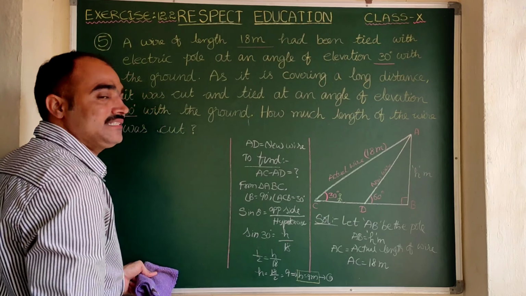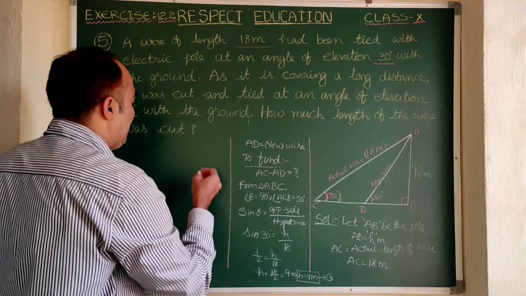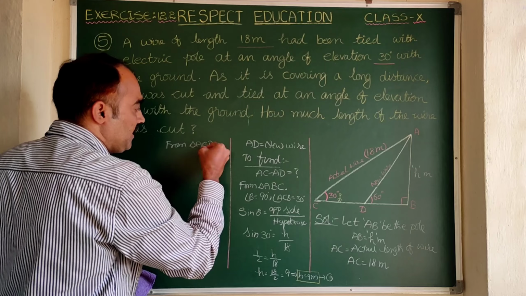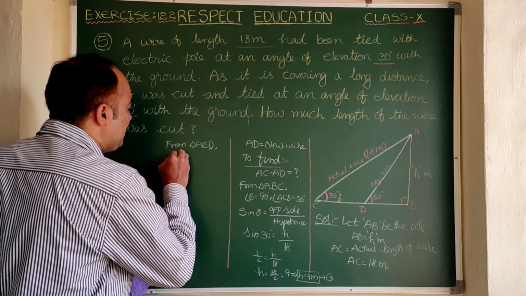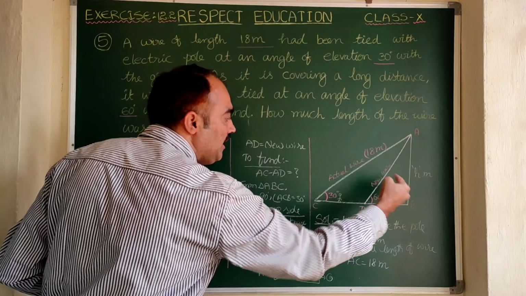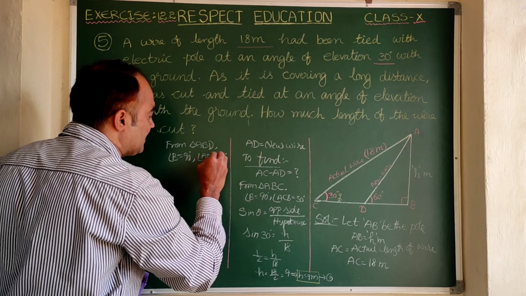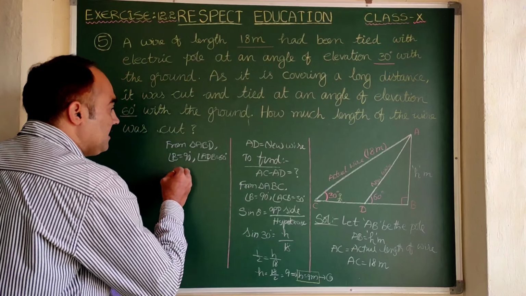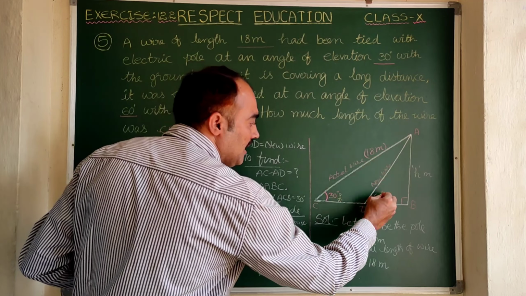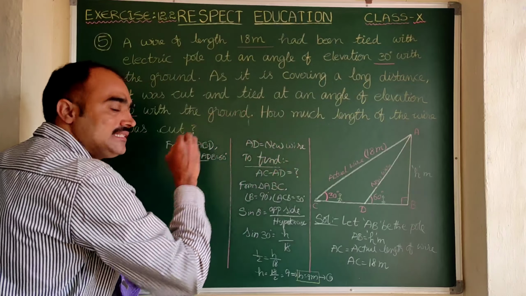Now, let us consider another right angle triangle, that is triangle ABD. So let us write from triangle ABD, in which angle B is equal to 90 degrees and angle D is 60 degrees, that is angle ADB is equal to 60 degrees. Now let us apply the same as usual. The opposite side is known and linked with the hypotenuse. Let us assume that we are standing here. So let us apply sin theta again.